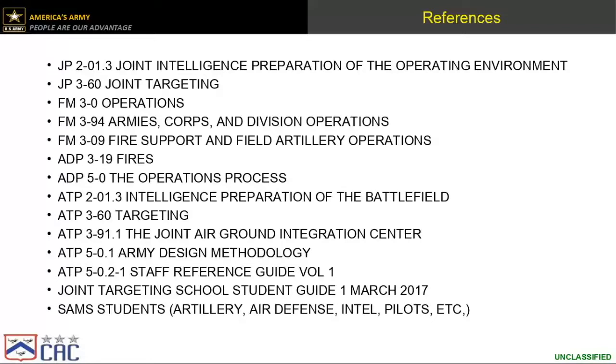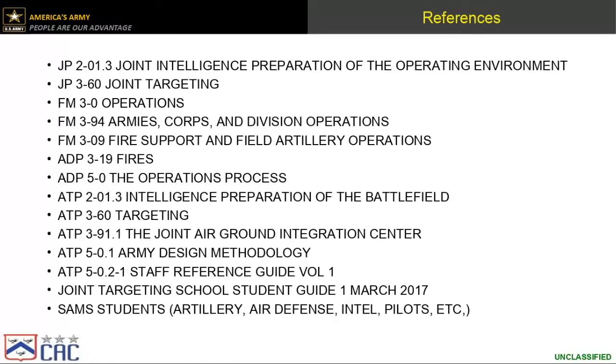Here's a brief list of references. This is by no means complete. There's certainly quite a few references, both joint Army and sister service doctrine that discuss targeting. I bring your attention to the last two. If you search the Joint Targeting Student Guide, it is a good synopsis for all the existing doctrine on some of the more technical aspects of targeting. I'll note that it may not be current as doctrine changes, but I found it was a useful tool that